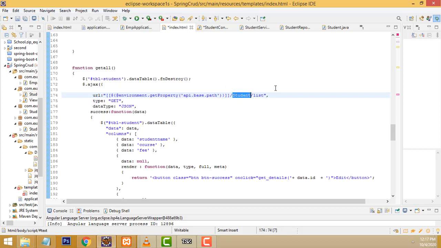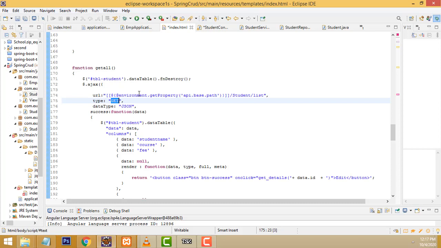It goes to the student controller list action method. This one should be the get, right? Here I am not going to post any values. If we type any values in the text field and click the submit button, all the values are posted to the particular controller. Here I am just getting the values from the database, so we have to use the get method, right? That is the difference between get and post.